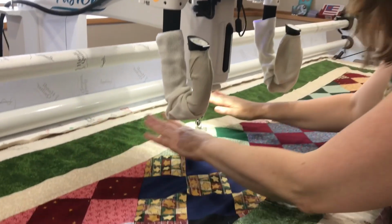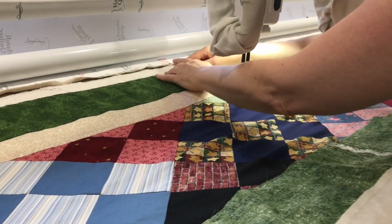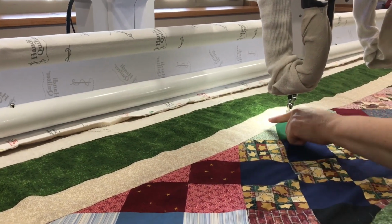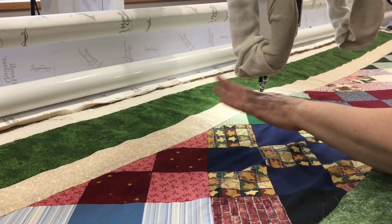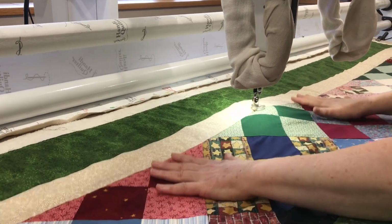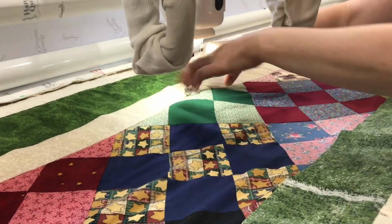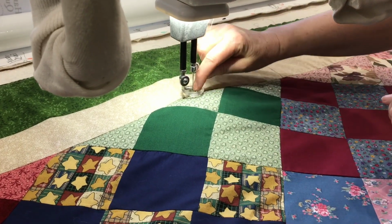Oftentimes borders are just a little bit wonky, or just the corners a little wonky. So if we make that top edge perfectly parallel to the bars and the computer, the rest of the quilt might be off a little bit. So instead, this is the line that I usually try to make sure is as plumb and straight and perpendicular as possible. Right where the borders all stitch onto the body of the quilt, this is what I want to make straight. So I put my needle, my real needle on the real quilt, in the middle of the quilt here, right on that line, so you can see half the body of the fabric and half of the border